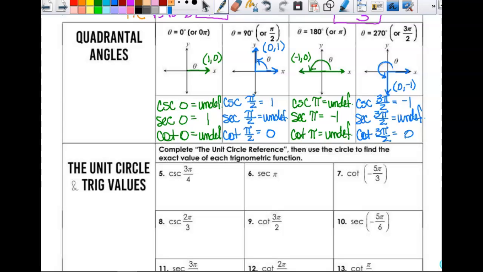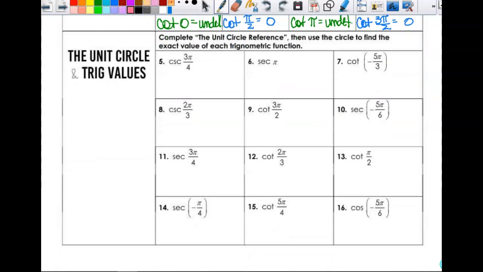All right, we're going to do a couple more together, and then I'm going to have you do some on your own. All right, so cosecant of 3 pi fourths. Cosecant is the reciprocal of sine. 3 pi fourths is in what quadrant? Second. And in the second quadrant, sine is positive. All right. The sine of pi fourths is square root of 2 over 2. So the cosecant is